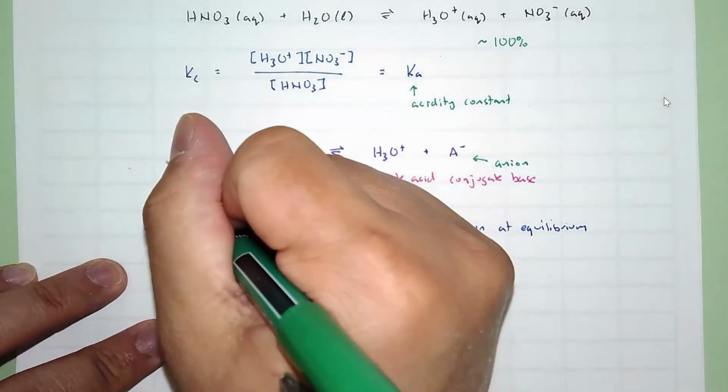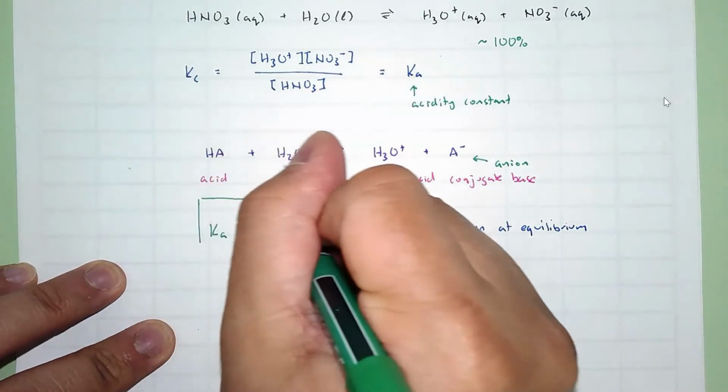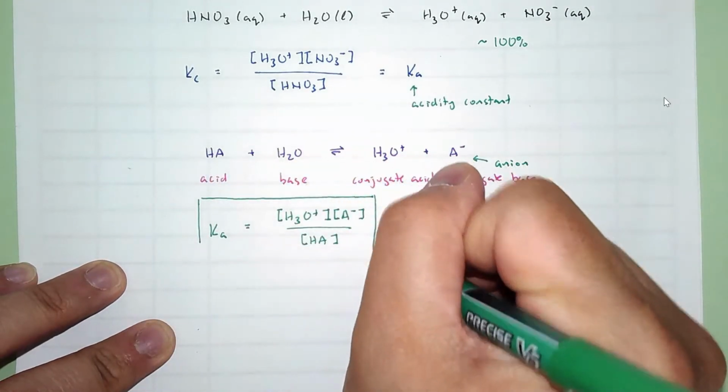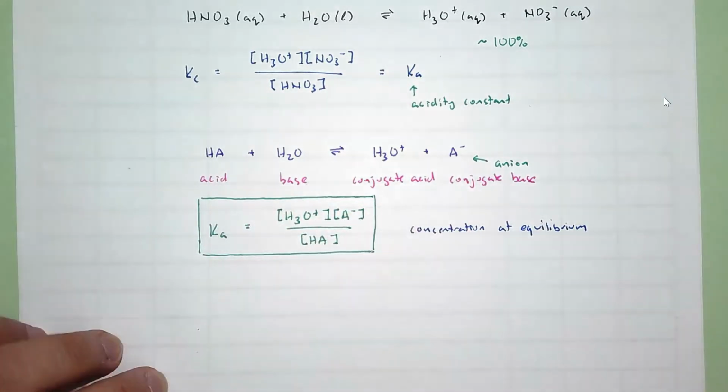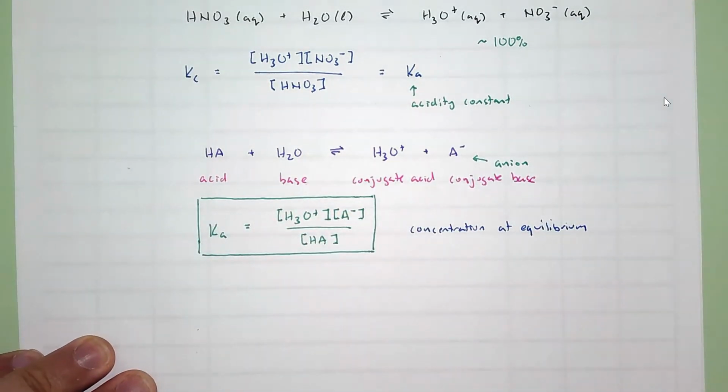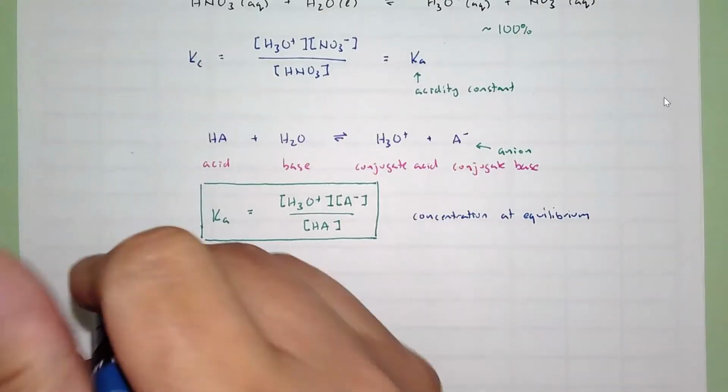And let's put a box around this. This is your Ka expression. Okay, a caveat. Because we have a strong acid, HNO3,